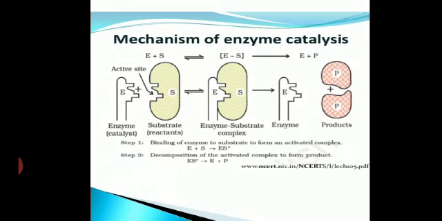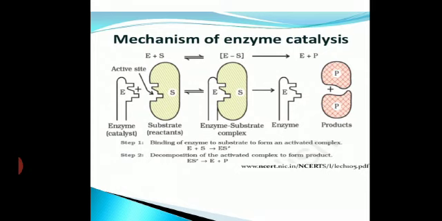The shape of the active site of any given enzyme looks like the lock and the key. Hence it is said to be a lock and key mechanism. It looks like this, the lock and the key, as you can see in the figure. Got it? The shape of the active site of any enzyme is such that only one particular enzyme can fit one particular substrate. Hence I said it is specific. Try to understand it. With any key you cannot open any lock, isn't it?